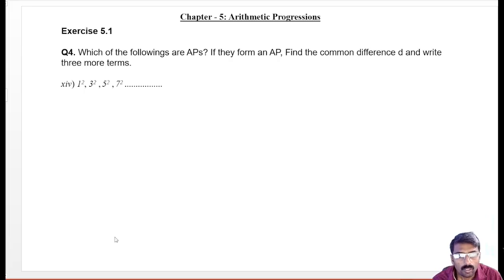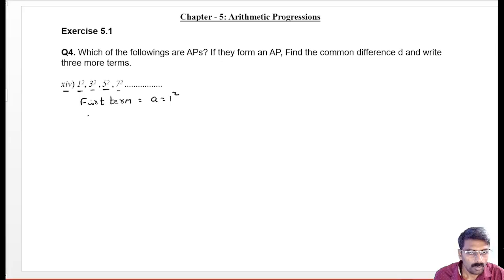Next sub question number 12. The given terms are 1 square, comma 3 square, comma 5 square, comma 7 square. So here the first term is a is equals to 1 square. Common difference